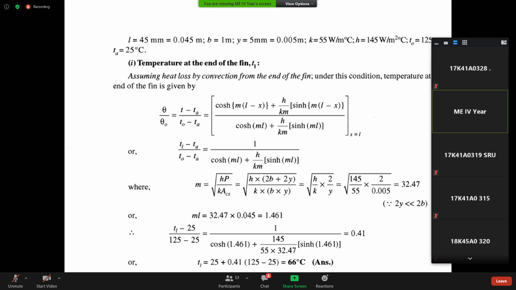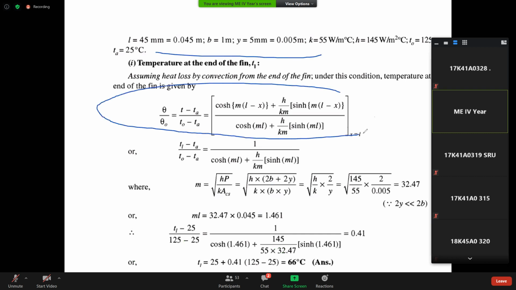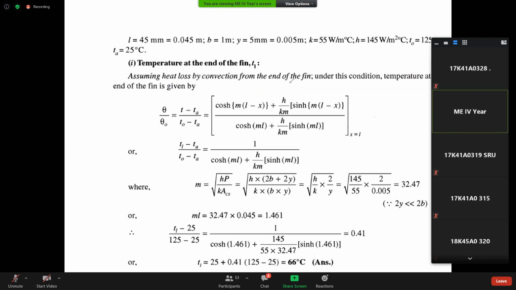This is the third case because heat is dissipated at the tip. So we assume this as the third case. In this, we can write the given data. This is the temperature profile, the complete temperature profile. I strongly stress that you don't need to remember or mug up this equation. Directly you can use the data book.